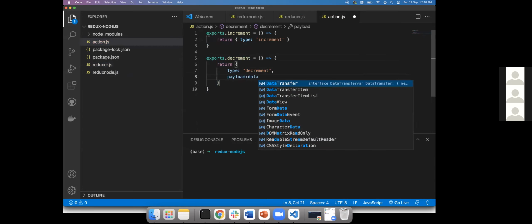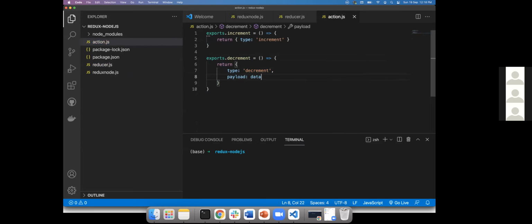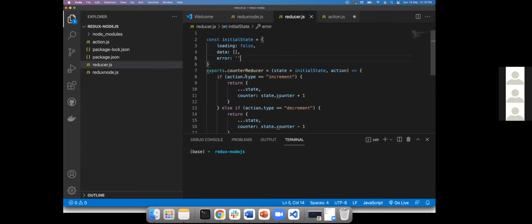Imagine you are making an Ajax call using fetch or Axios or whatever you're using. Once you get the data, you have to say set data and pass your data. This action will be dispatched to a reducer. The reducer will be listening for that action. When it listens, it sets loading to false, attaches the data, and error will be empty. You could relate things like that.